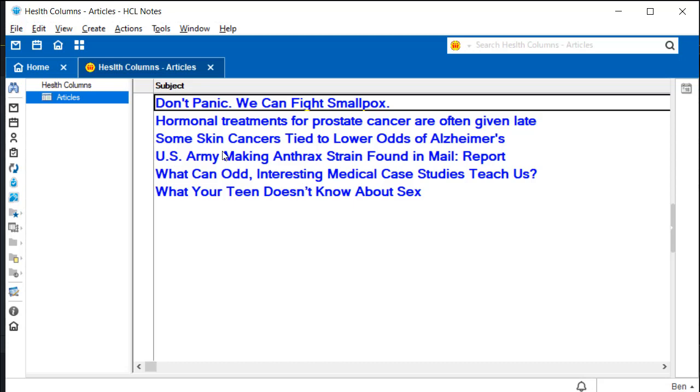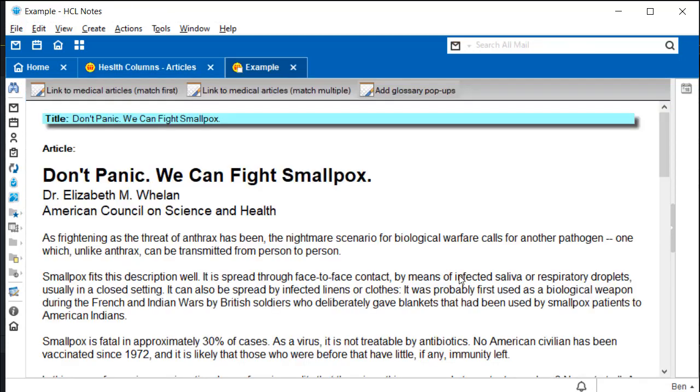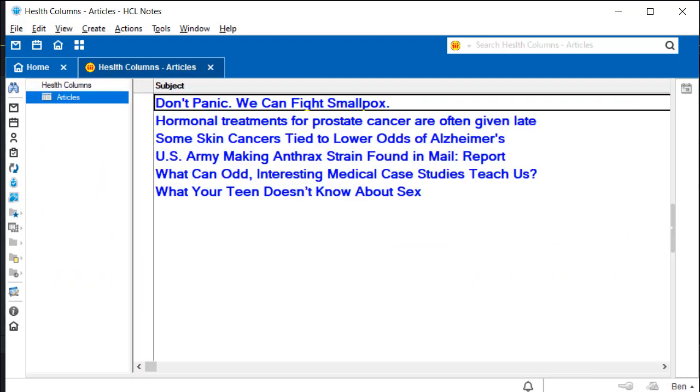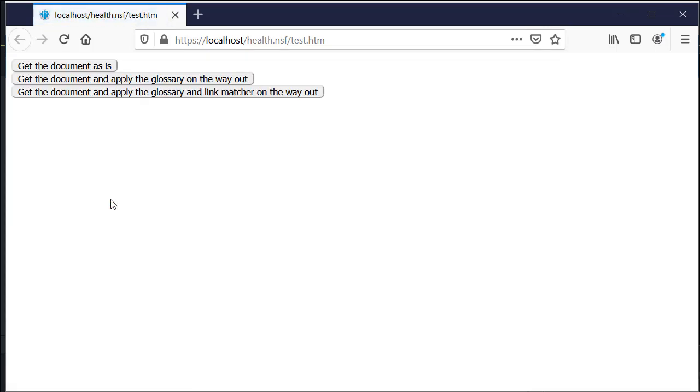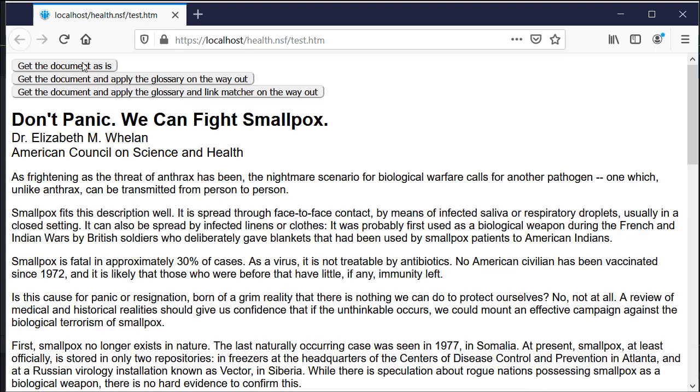make some cross-references. So I have articles, just random medical articles, and using Exciton Boost, I'm going to log into the server, and now I'm going to be able to pull one of those articles in. I can just generate the HTML for it, do a basic get of the document, or I can get the document and apply the glossary on the way out so it'll find any matches in the rich text and make